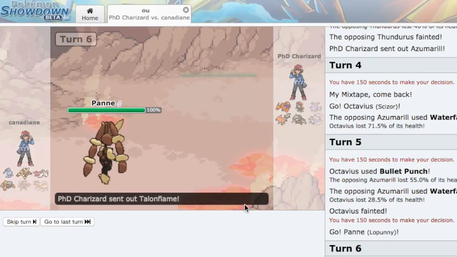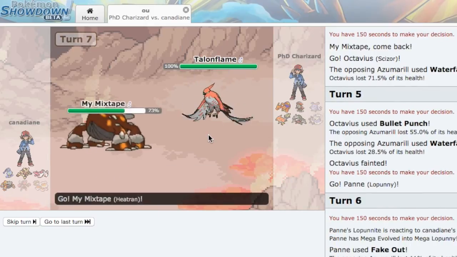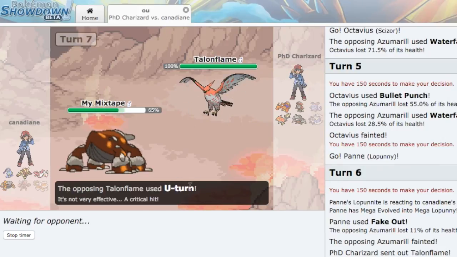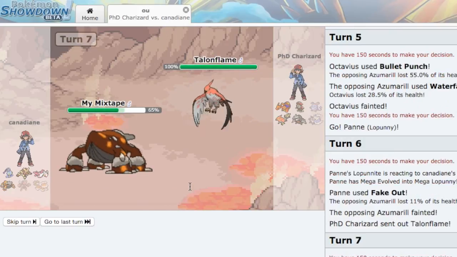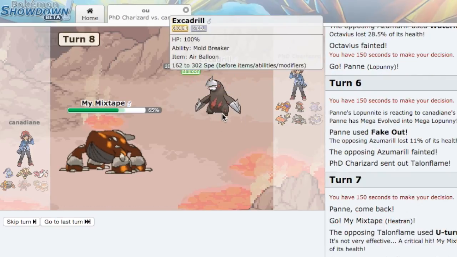And now he brings in his Talonflame basically for free. And I go out into Heatran every time. See U-turns. Another crit. Oh, so mad. But yeah, I could have won this game. I could have won this game if I didn't...